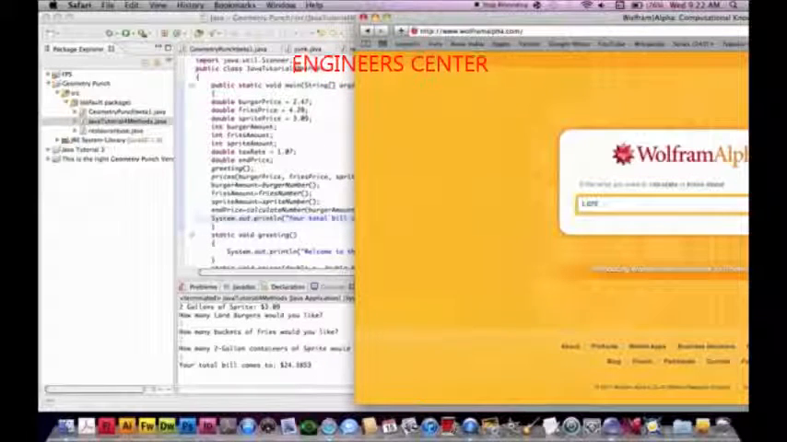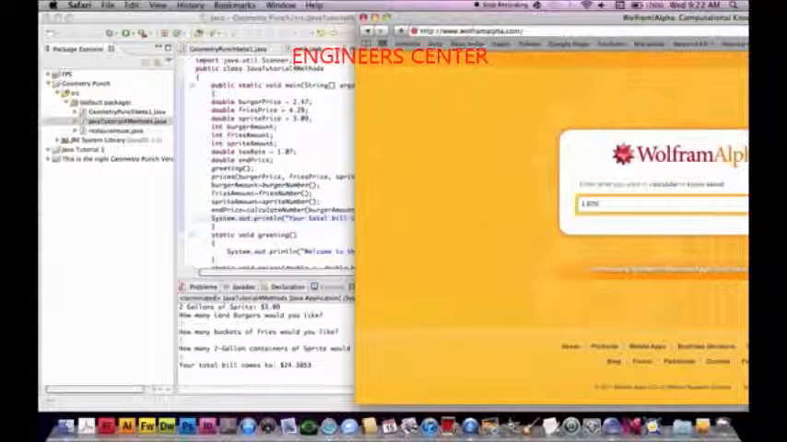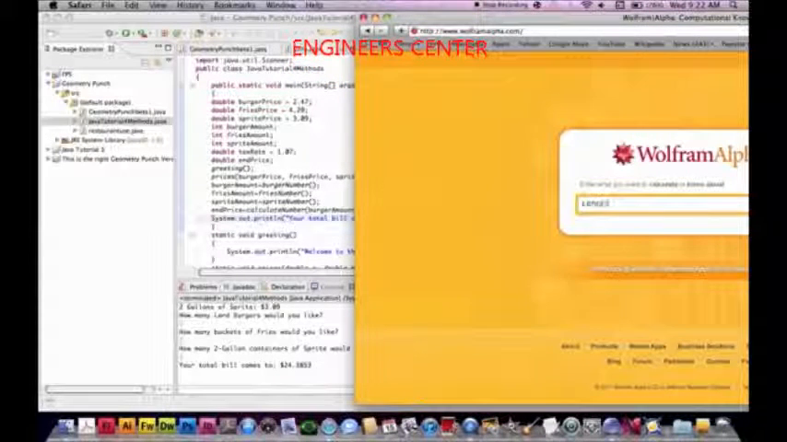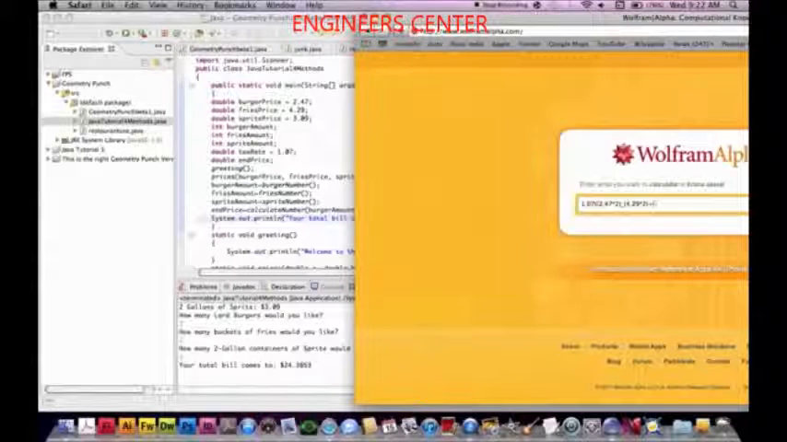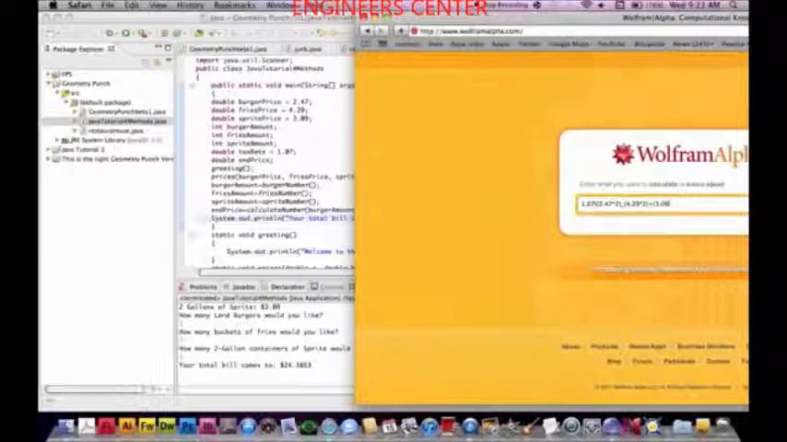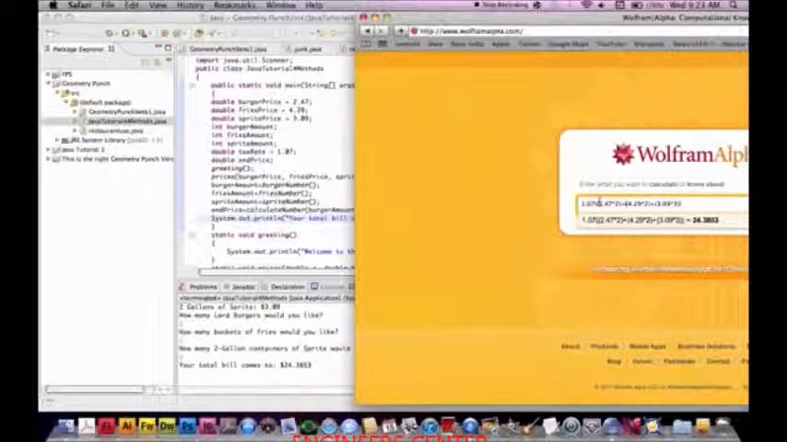So 1.07 times the quantity of 2.47 times 2 plus 4.29 times 2 plus, I entered 3 2-gallon Coke, so 3.09 times 3. That should be a plus, not an underscore. And so we're multiplying